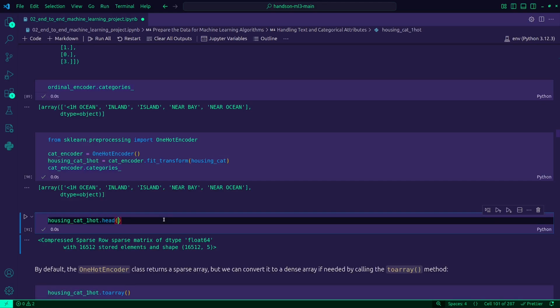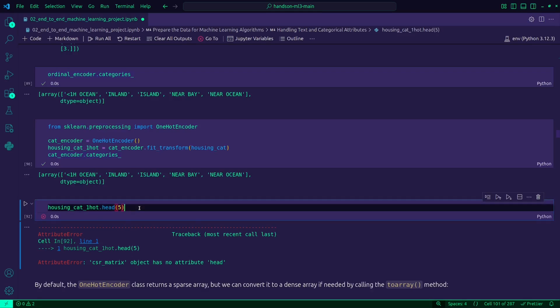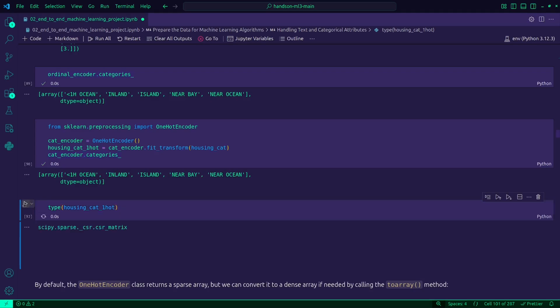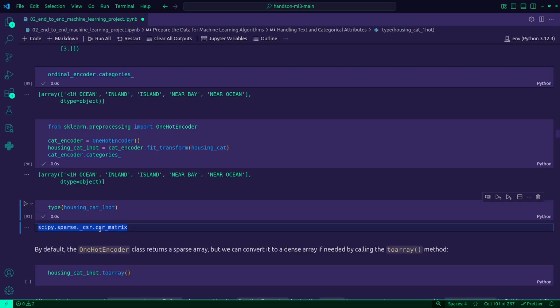If I do head 5 here, this doesn't work because it's not an array. What's the type of this, housing category 1 hot? The type of this is something called a sparse matrix.